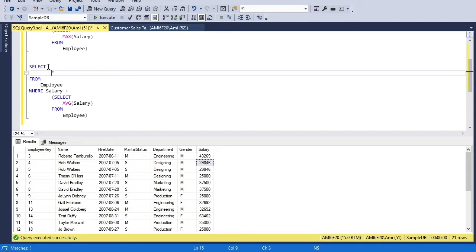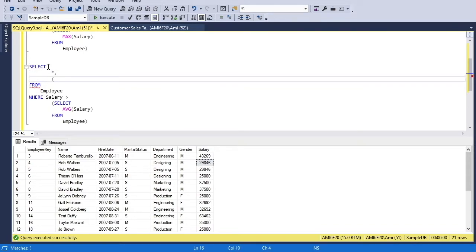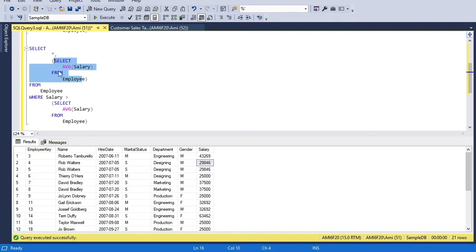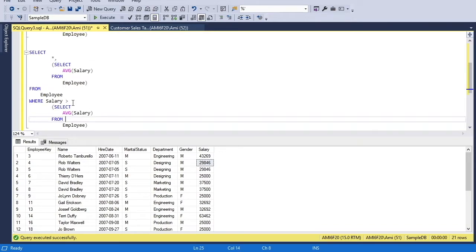Now in the same example, this time I will write a subquery in the select list. Just open and close the bracket, and within this bracket I will copy and paste this same query. Now this query will return the average salary after all columns. I have separated this using a comma. What this query is doing is, at first it is retrieving only salaries where the salary is greater than the total average salary, and along with all rows I am also displaying the average salary adjacent to each row.